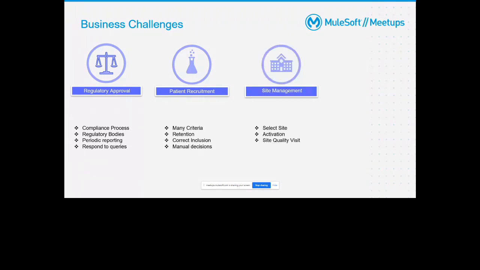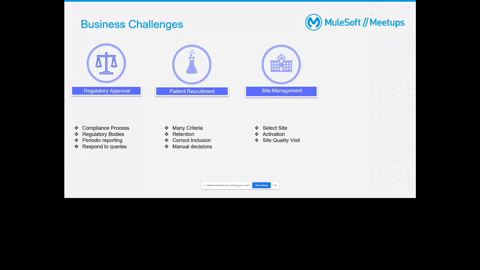And then the site management, because there are many companies, trial organizations, that have their own sites, but in some geographic regions they don't have their own site, so they need to lease a site from someone else, and they need to ensure that because of their leasing they are not violating any kind of data privacy rules. And also they need to check whether the site is accurate for a specific trial, what is the history of the success rate of clinical trials with this site, and whether the equipment is adequate. So there are a lot of things they need to do in terms of site management.